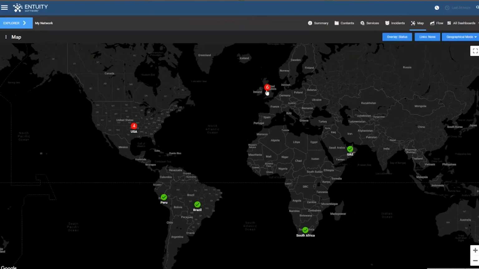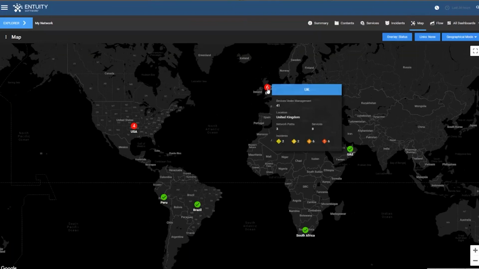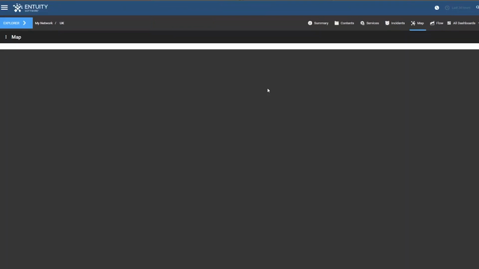If we hover over a marker, we can see another summary information about the number of devices, services, network paths, and incidents at that particular location. And it's worth noting that you can configure the markers to pulse or even remain green until key incidents occur, such as network outages, in order to draw attention only to the things that really matter to you. That's fully configurable. Now, if I drill down into this location,